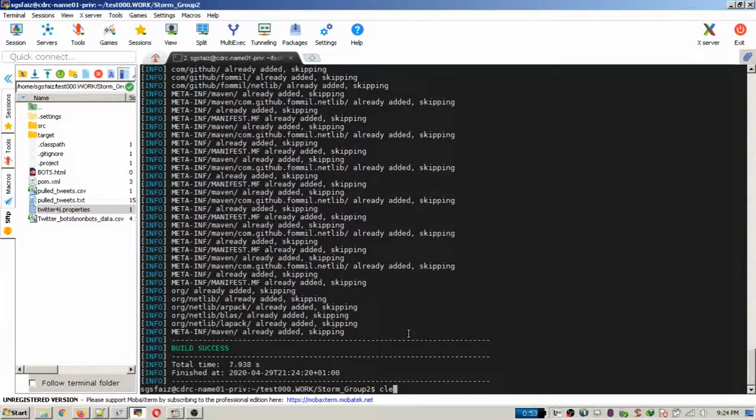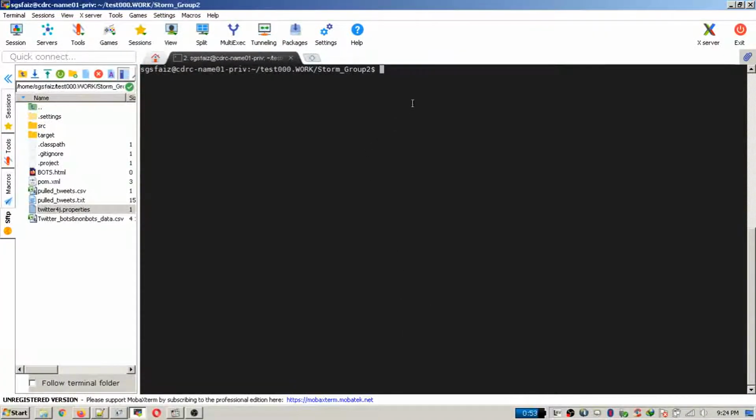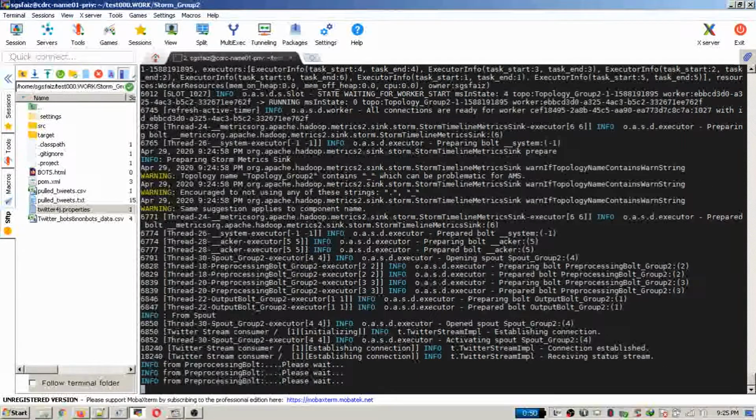If there is no error, you can continue to type this command: storm jar, the path to the built jar, and the main class. Then you can hit enter. If you see this message, it means that you are doing fine.